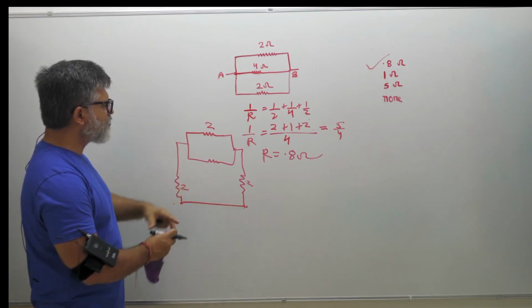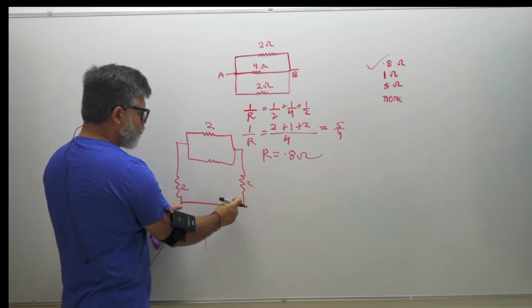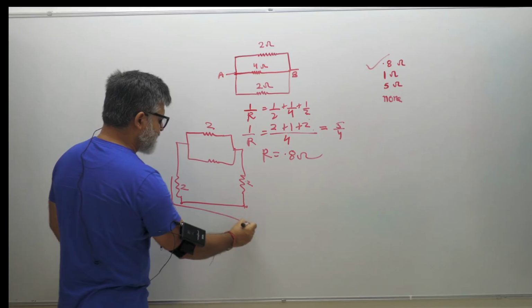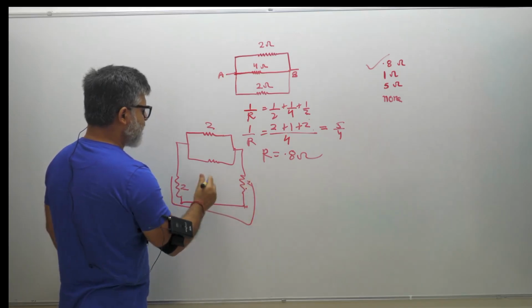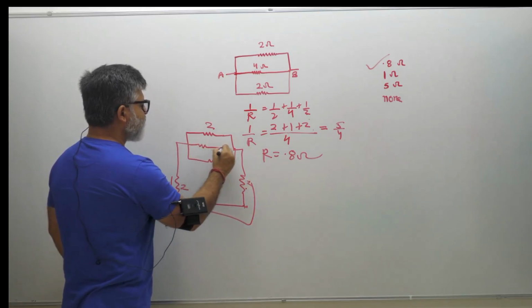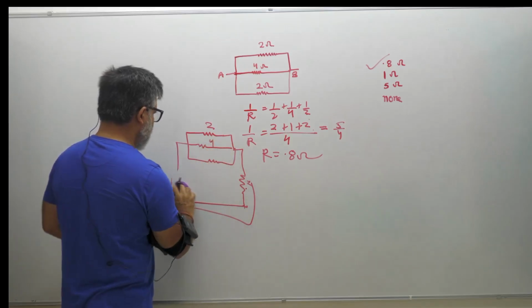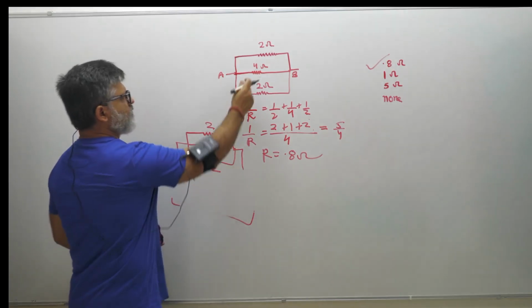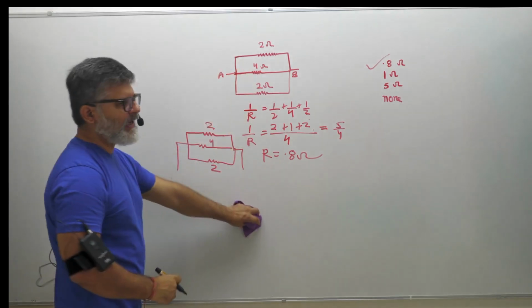And then of course is the story that the 2 ohm and 2 ohm is drawn outside. You can see these two are in series, right? 2 and 2 are in series. Then I took them inside, right? And the circuit became, this was the circuit, right? 2, just this. I solved them as parallel circuits.